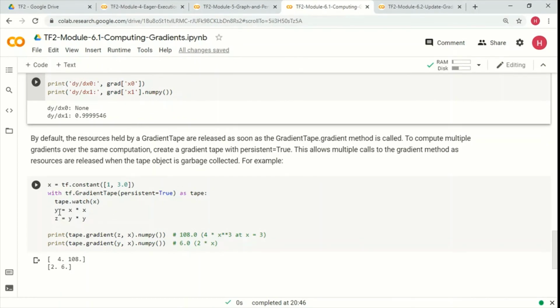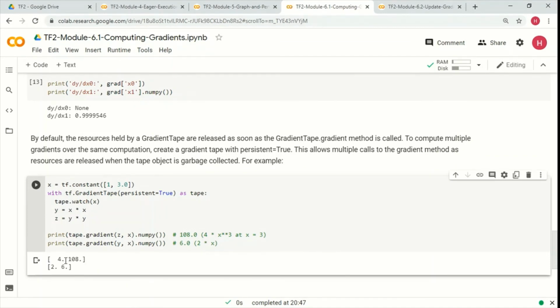So here we have an input x, and then we are calculating y as x into x square, and then z is equal to y into y, that is y square, right? So the operations are happening on top of each other, and we do not want y to be discarded before z is calculated, so that's why we are setting persistent as true here. Okay, so let's do this.